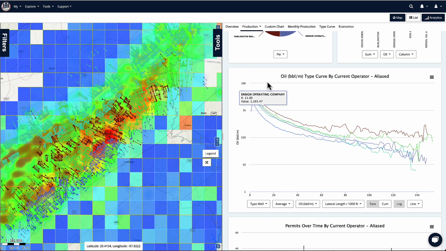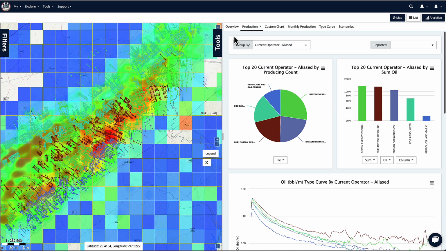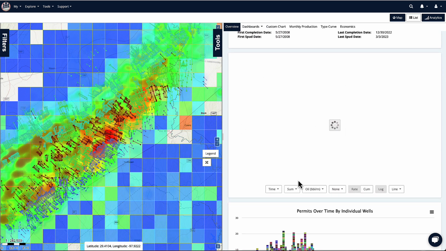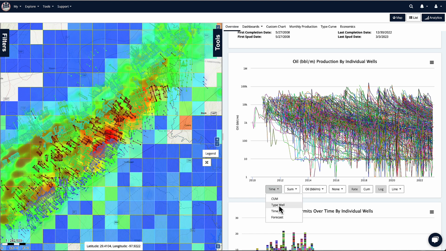And so again, say you've got a spreadsheet where you do some decline curve analysis that has some additional fields you want, then you can come in and grab this group production and take it out. Or if you wanted the individual well production, if you remember that overview over here had individual well production. And all those same toggles are down at the bottom, so I can come in here, and if I want to grab all of these wells, I can turn them into a type well and export